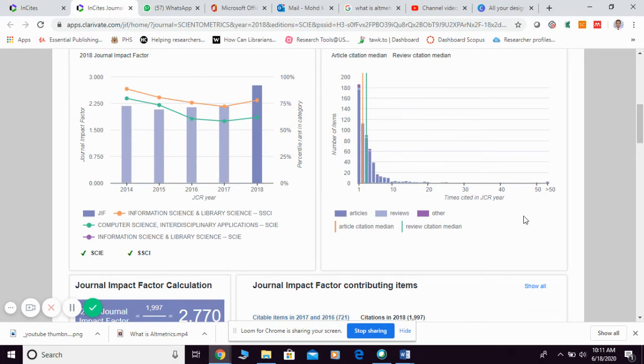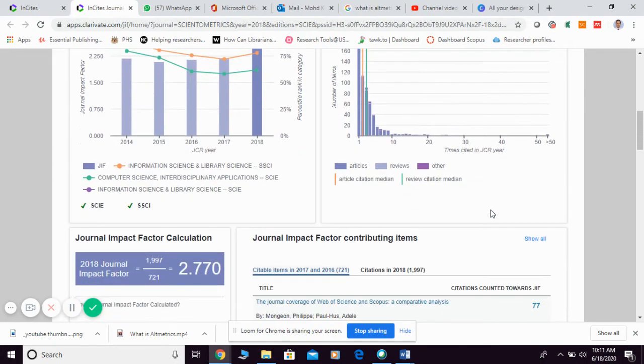So many publications that publish infrequently or late in the year may have a low immediacy index as compared to the others. So therefore, as an alternative, I would like to suggest you to refer to the impact factor